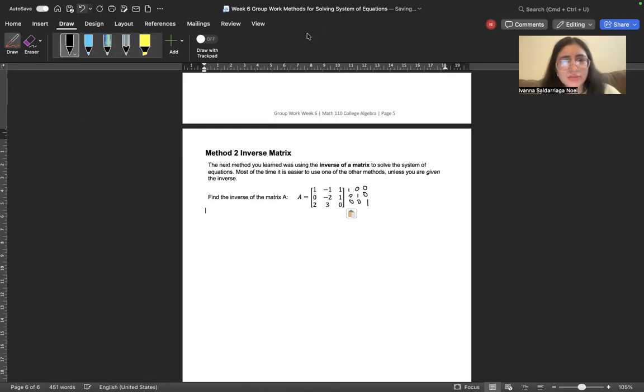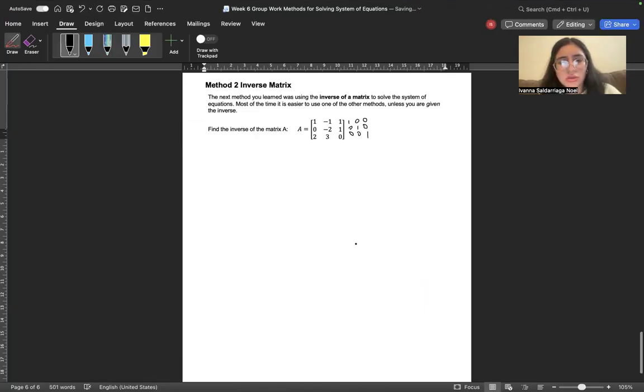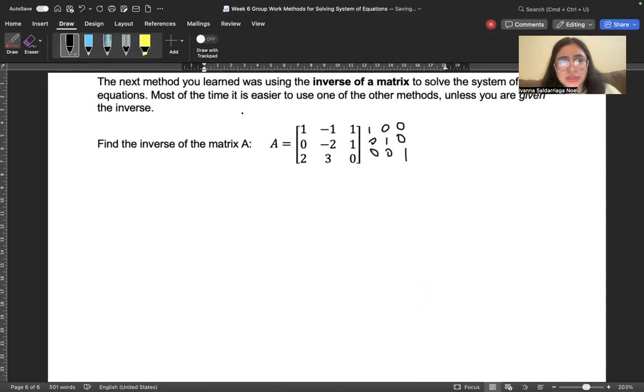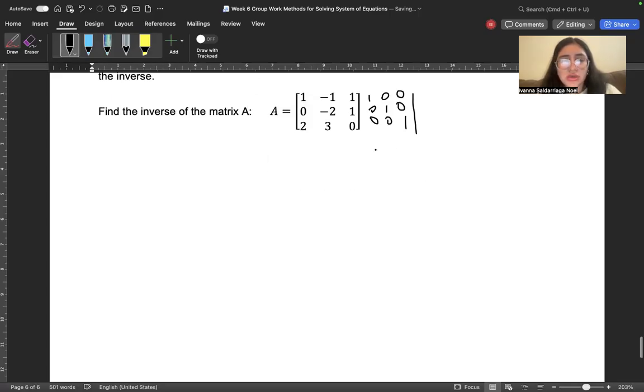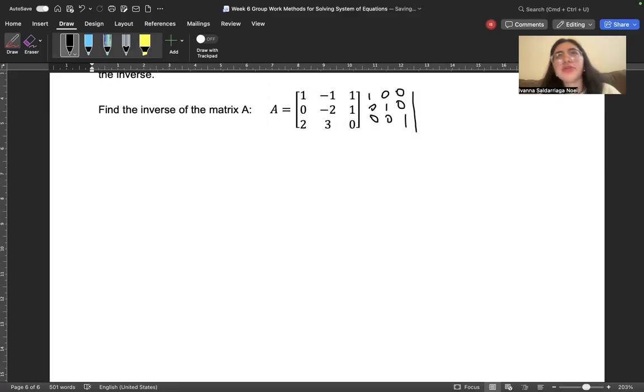So for the inverse matrix, basically what we had to do is we set up the numbers here, and by the side we put the, I don't know how it's called, the arranged numbers. We're trying to reduce the matrix A. We're gonna set up different procedures to make it